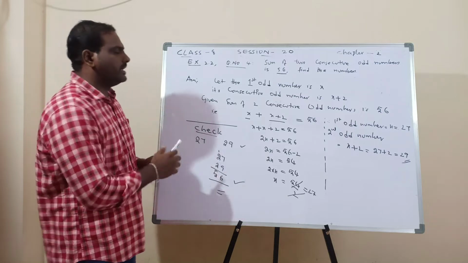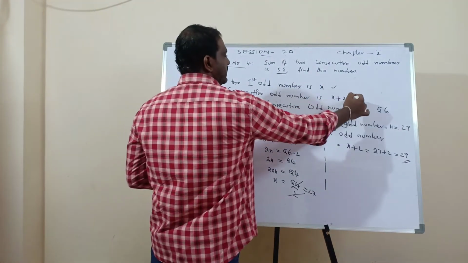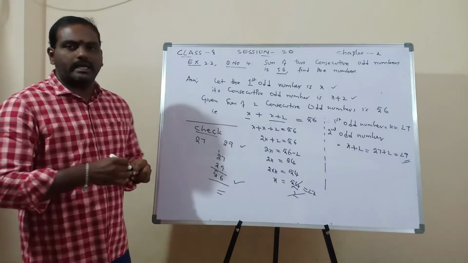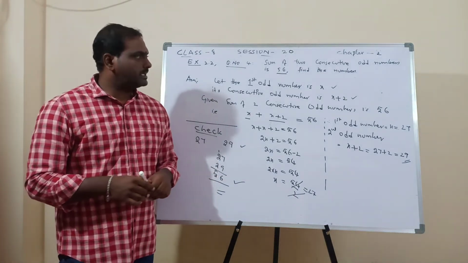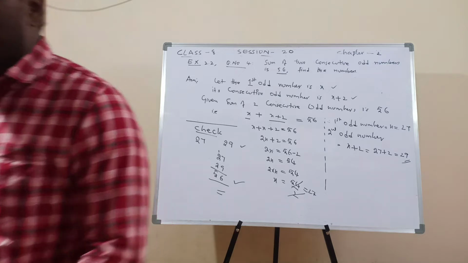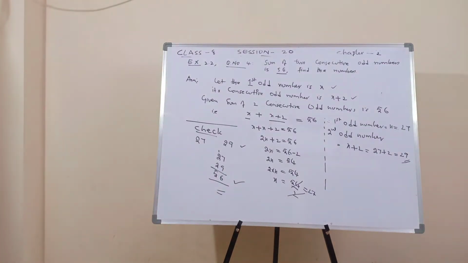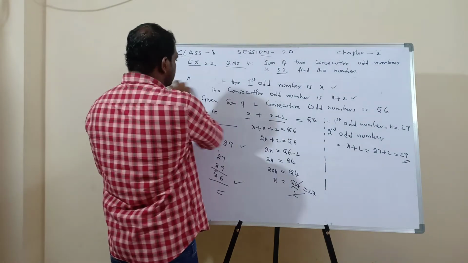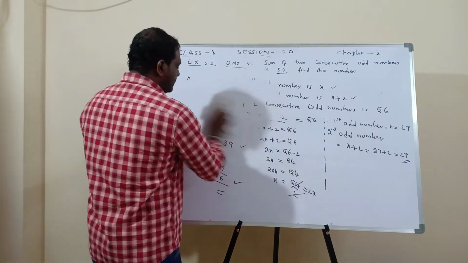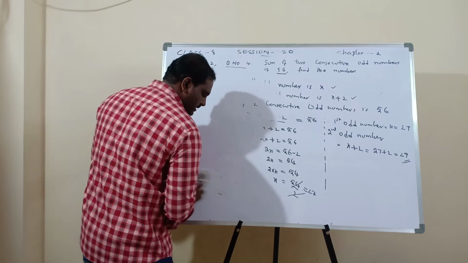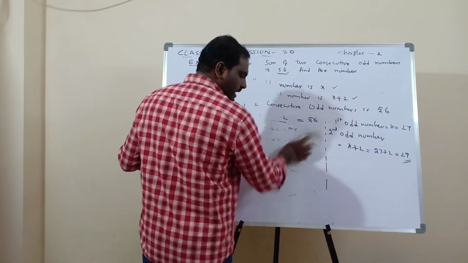So first you have to find this, this is the trick: x and x plus 2. That is the trick that we have to follow. So all these sums are puzzle type sums. First we have to find the trick in that question. Then you have to proceed for the simplification. Now I'll go for one more sum in this exercise. Today I'll explain 3 sums.